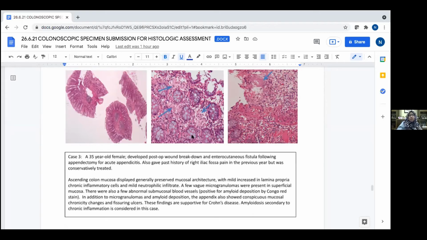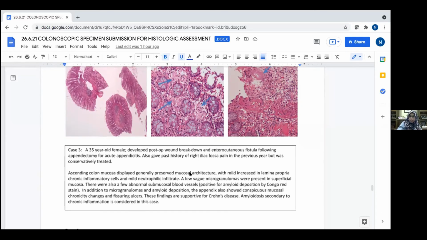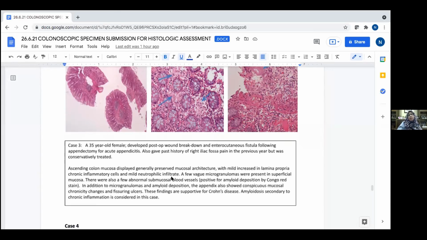A review of the appendix also showed similar changes, but with more chronicity changes, including architectural change of the mucosa with fissuring ulcers, microgranulomas, as well as amyloid deposition in the vessels. So it's a case of Crohn's disease, also again missed. But in addition to the Crohn's disease diagnosis, you find amyloid. So amyloid